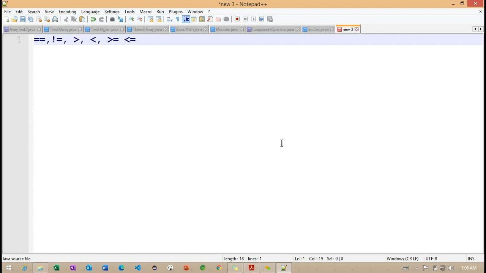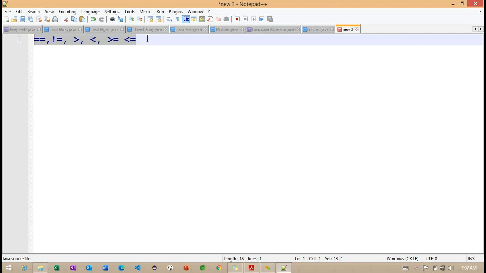These are the operators we use when working with relational operators. Each and every expression is going to return a Boolean value.